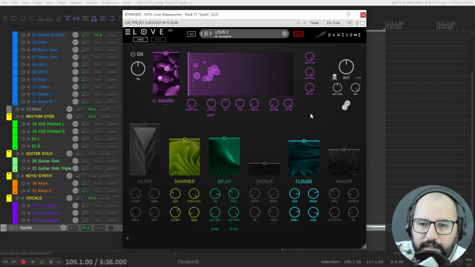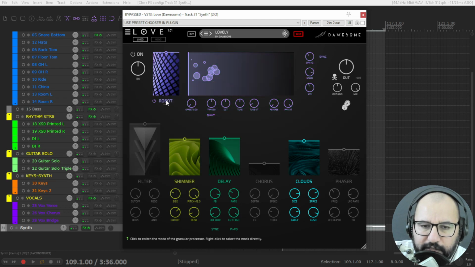This is an amazing granular ambient multi-effects plugin, right? It uses different algorithms for the granular part of it. Here you can switch between them by clicking on it. 3 different algorithms of the granular processor, or you can right click and choose the 3 of them, or turn off this part of the plugin, and you have some parameters here for the granular effects, right,